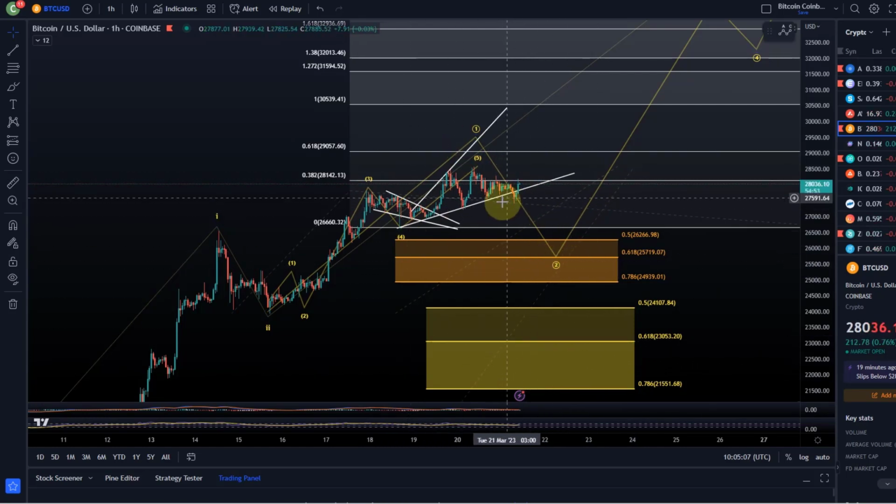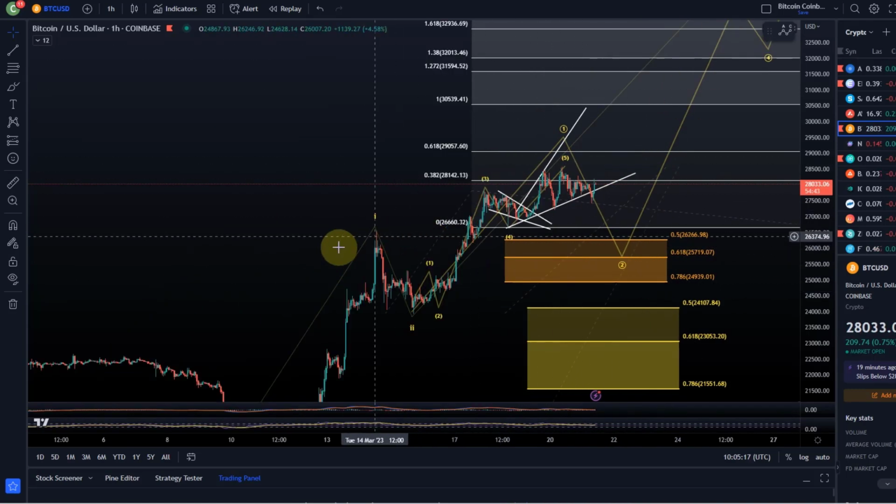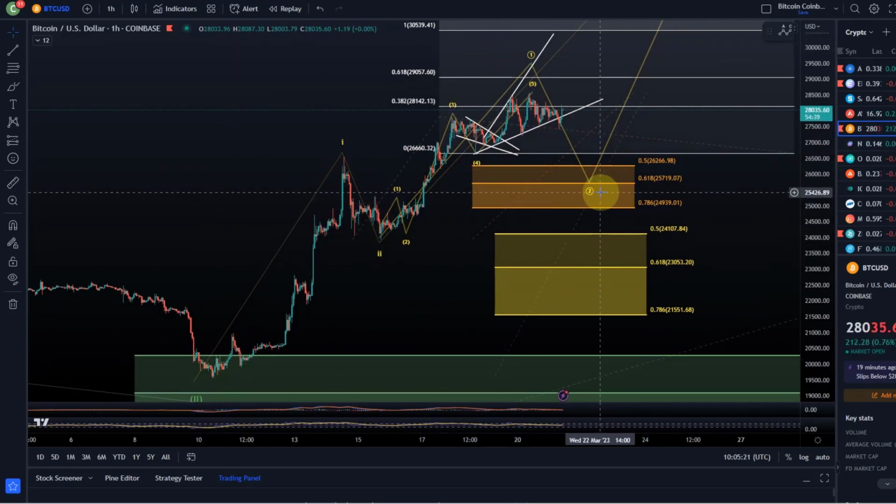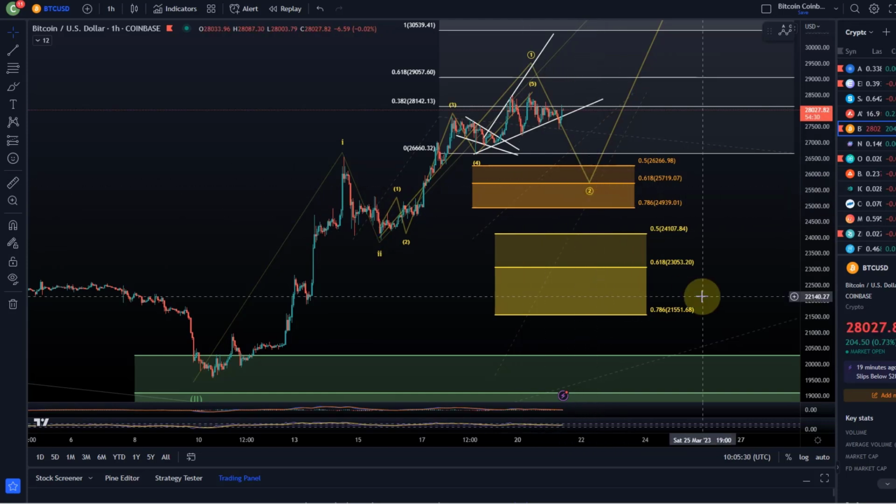And I would expect it, if it breaks that, to at least pull back to 26,267. Ideally, sort of in that orange region, find support and then start to rally. That is one of the wave counts. So that basically we have a 1-2-1-2 setup. This is the scenario where we're only going to get a shallow pullback. That's the primary one at the moment, because that's directly in front of us and because many altcoins have pulled